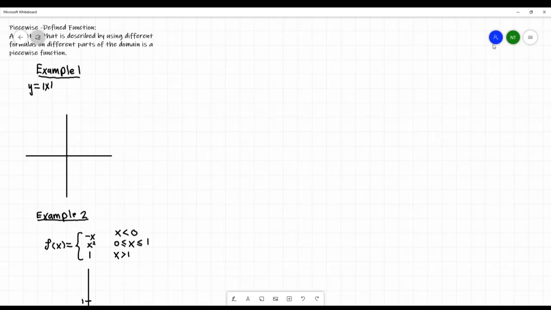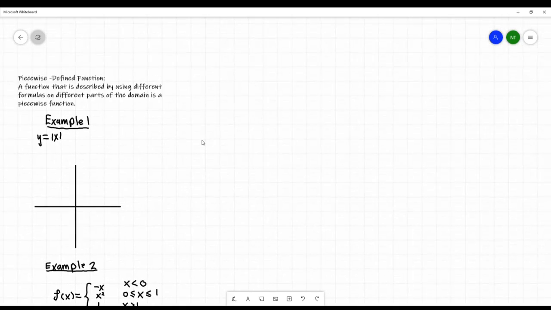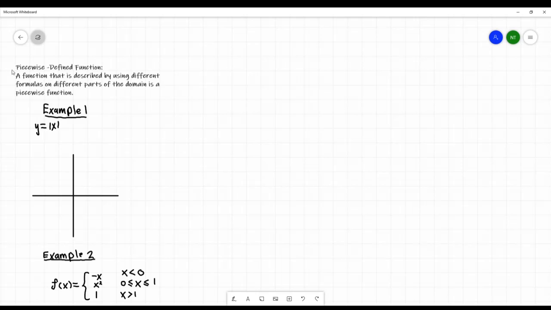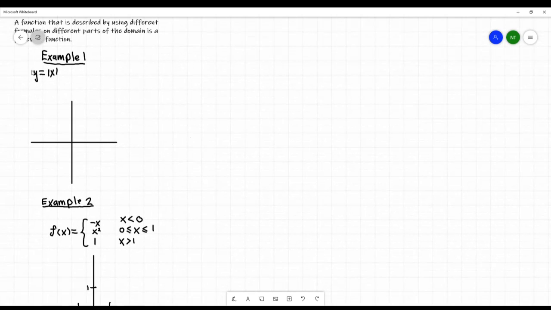Okay, so what is a piecewise function? Let's start with the definition. A piecewise defined function is a function that is described by using different formulas on different parts of the domain. This is a piecewise function. Okay, so what does that mean? We have y is equal to